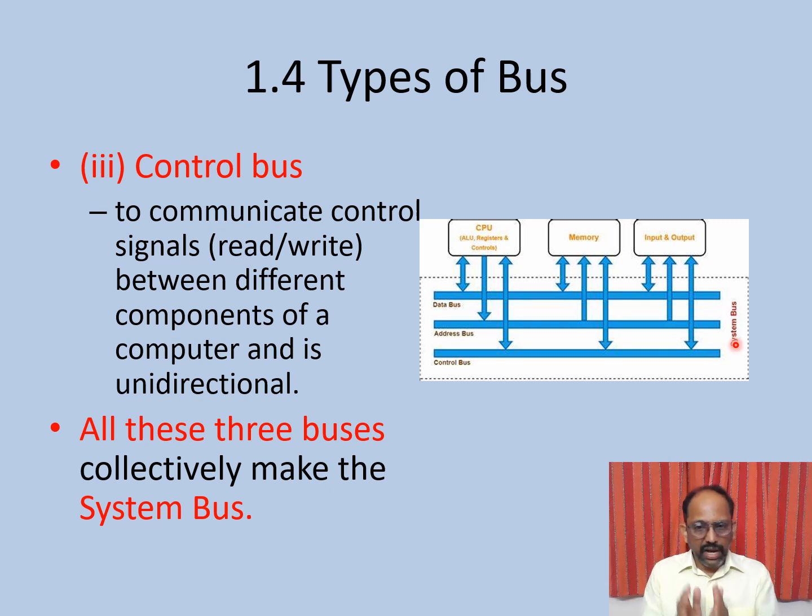From that address, the data flows to the CPU through data bus. So data bus can move the data from the memory to CPU only when control signal sends the read instruction